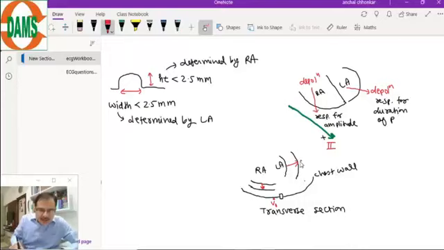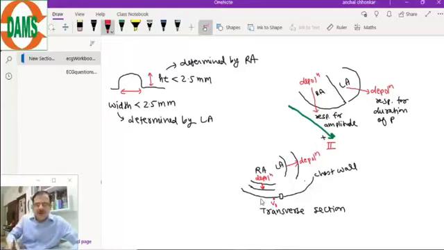So right atria depolarization will produce a positive deflection, while the left atrial depolarization is in this direction. This is the depolarization of the left atria, and this is the depolarization of right atria. So what will happen in V1? The first component will be due to the right atrial depolarization, so it will show a positive deflection. While if you visualize anatomically, the left atrial depolarization is going away from V1. So it will show a negative deflection.